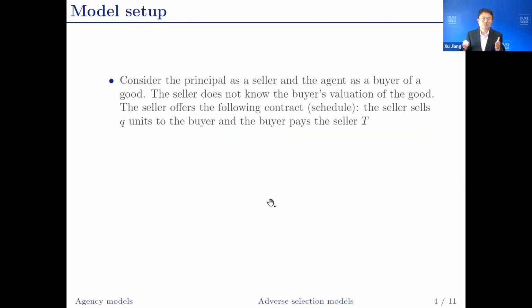Now let's look at the setup. The principal is a seller, and the agent is a buyer of a good. The seller does not know the buyer's valuation of the good. The buyer's valuation is buyer's private information. So the seller is going to offer the following contract. The seller is going to sell Q units to the buyer, and the buyer is going to pay the seller